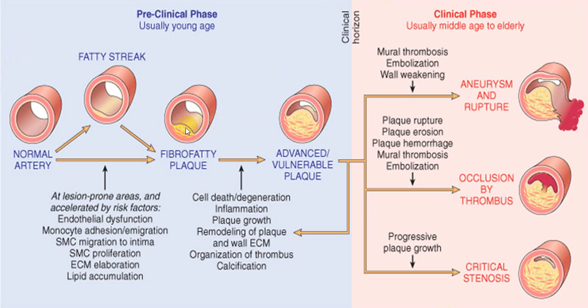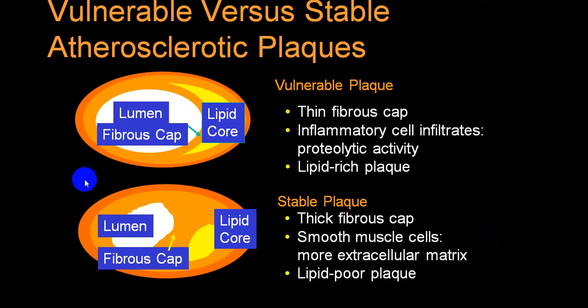When you get a fibrofatty plaque formation, there is an occlusion, but it is not significant enough to produce symptoms. But when you get a vulnerable plaque, there are chances of endothelial dysfunction, rupture, and clot formation, so that can happen, and that will start producing symptoms, and that will be acute symptoms. And it can also give rise to critical stenosis, or acute occlusion, and necrosis because of thrombus formation, or you can have an aneurysm formation and rupture of aneurysm and complications secondary to aneurysms. So this is stable plaque, this is unstable plaque where there is a thin lipid core,